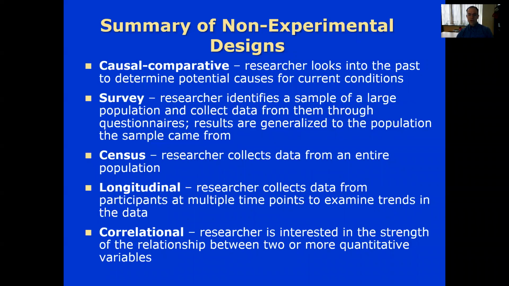The other is a survey, where researchers identify a sample of a large population and collect data from them through a questionnaire, which is very common, and then the results are generalized to the population the sample came from. So for example, if you want to survey a group of SIUE students about their feelings about class sizes at SIUE, you decide to use a survey with a small sample size,